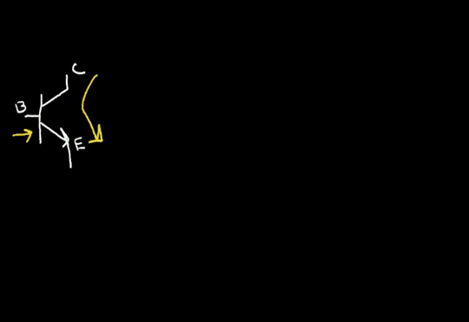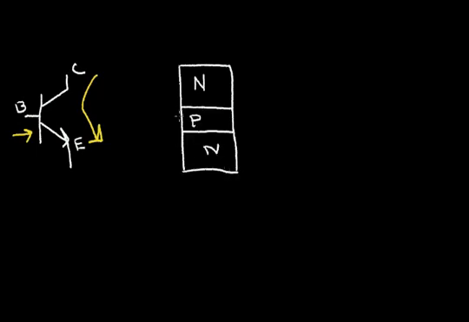So let's look at the structure of this device. So this is the base terminal. This is the emitter terminal. And this is the collector terminal. So what we have here is 2 back-to-back diodes. If we draw the diode configuration,